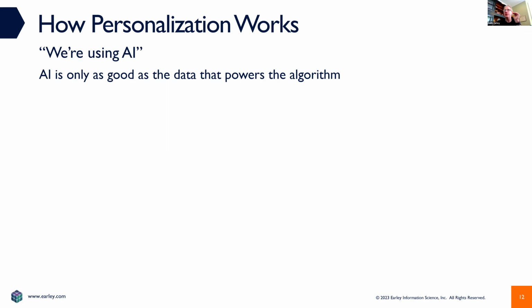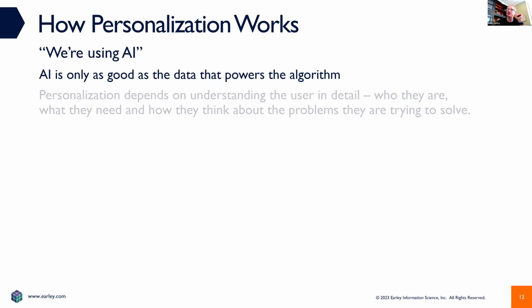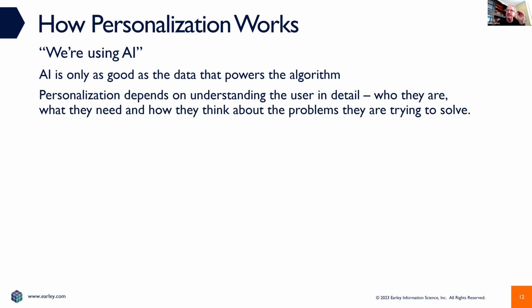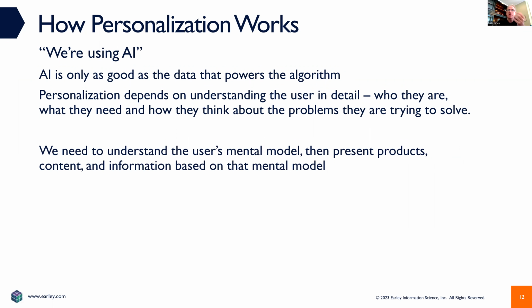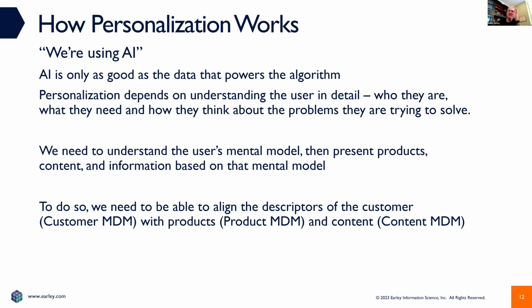There are ways to integrate large language models with specialized language models, but it doesn't obviate the need to manage those assets and manage the data and manage the content appropriately. And it really depends on understanding the user in detail, who they are, what they need, how they think about the problems they're trying to solve. We understand that mental model. Then we give them products, content, information dependent upon that model. Now, to do so, we have to align the descriptors of the customer with the products and the content. And this is where, again,